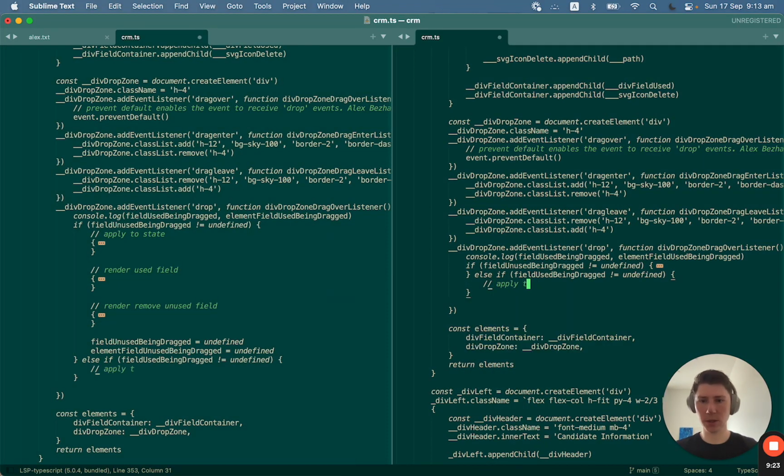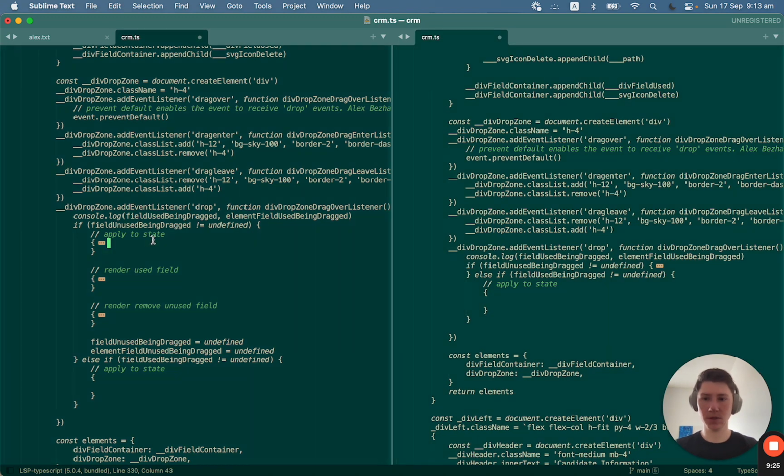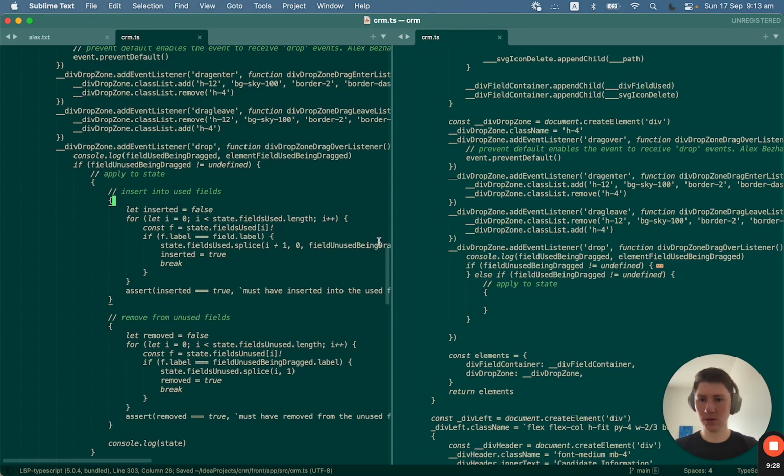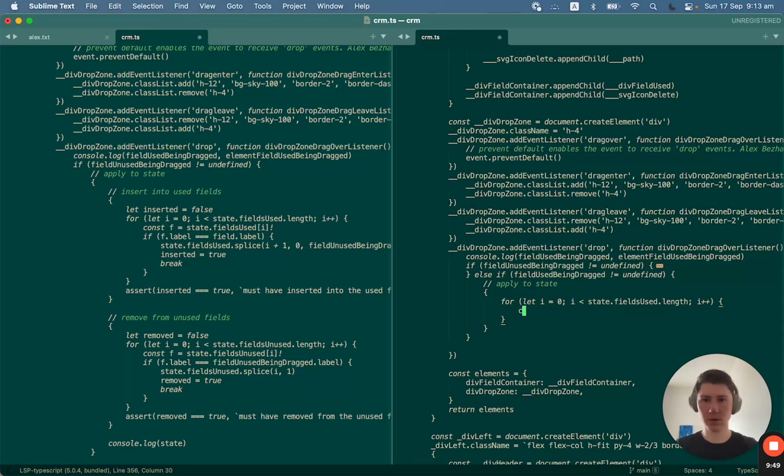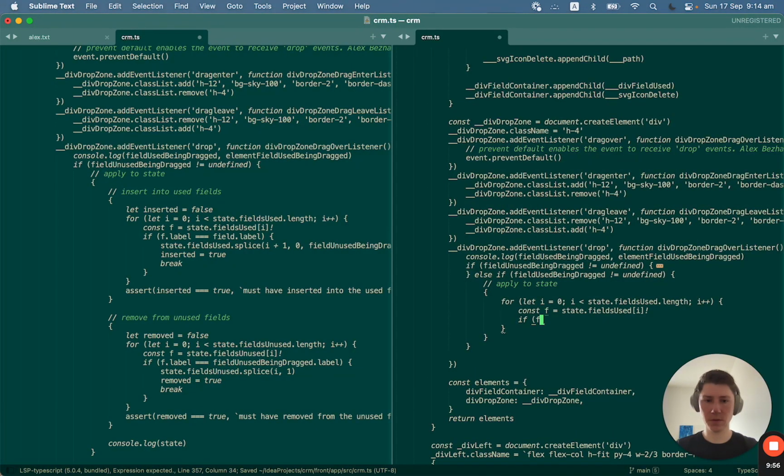So we want to say apply to state, and over here we want to basically find the field. So fields used length, if field label equals